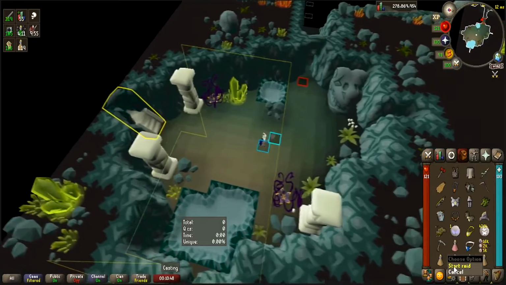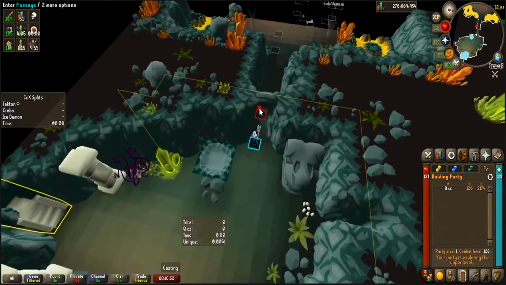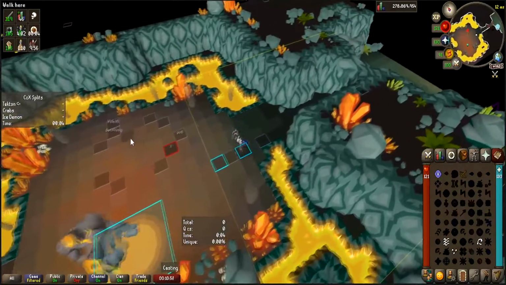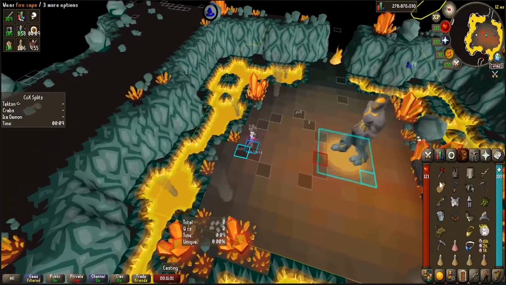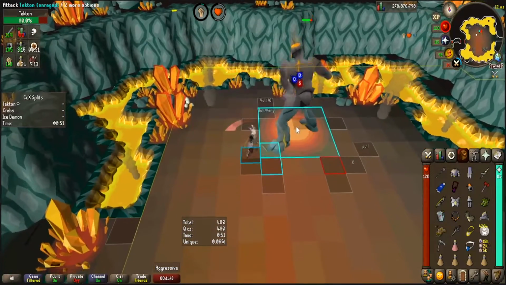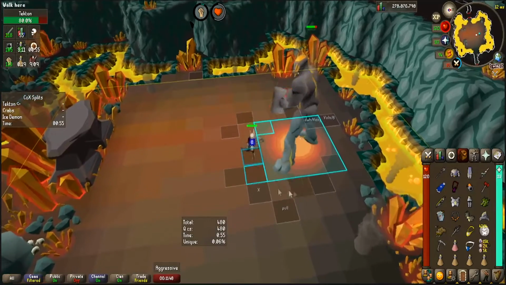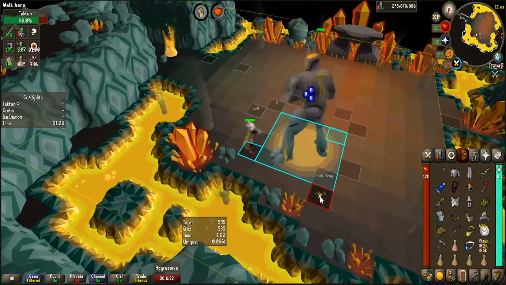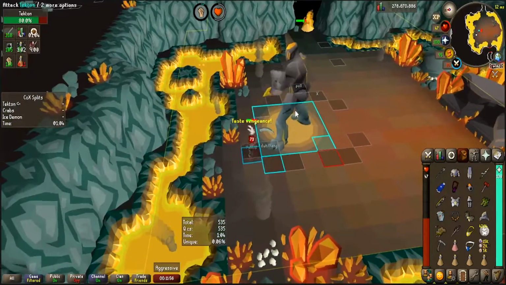For Tekton, we actually are going to do vulnerability that will leave us a 10% more chance on landing our specs. If you want to speed along your Tekton, you can always use an extra Venge. If it actually does proc, you will increase the time on Tekton